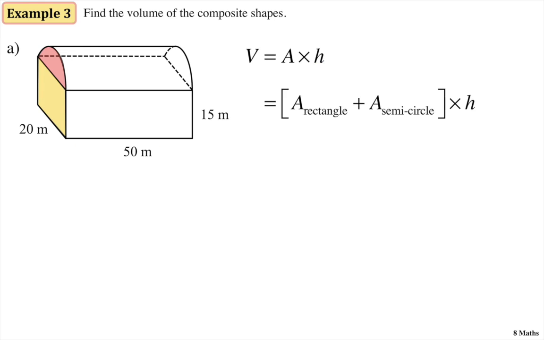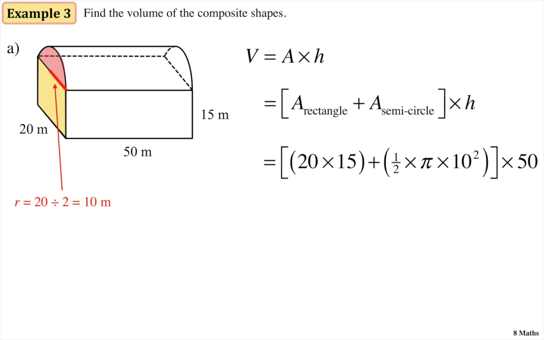Well, the area of my end piece is the area of this rectangle and the area of this semicircle. If I have the area of a rectangle and the area of a semicircle and I add them together, I get my composite shape. So, what's the formula for the area of a rectangle? That's length times width. What's the formula for the area of a semicircle? Well, I should write the formulas here. The area of the rectangle is length times width. The area of the semicircle is 1/2 pi r squared